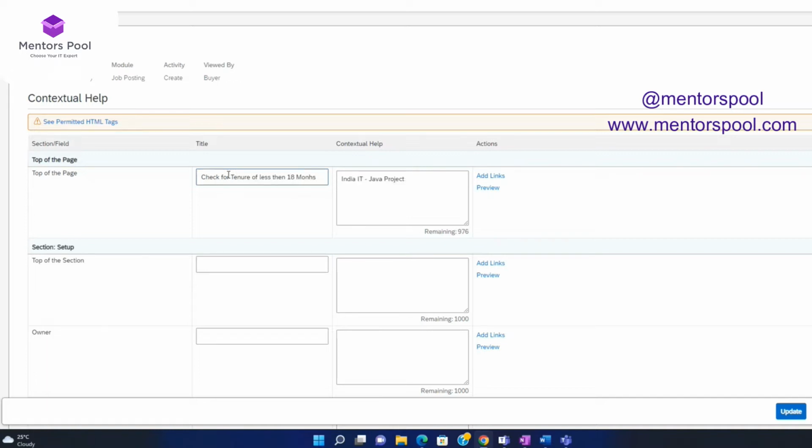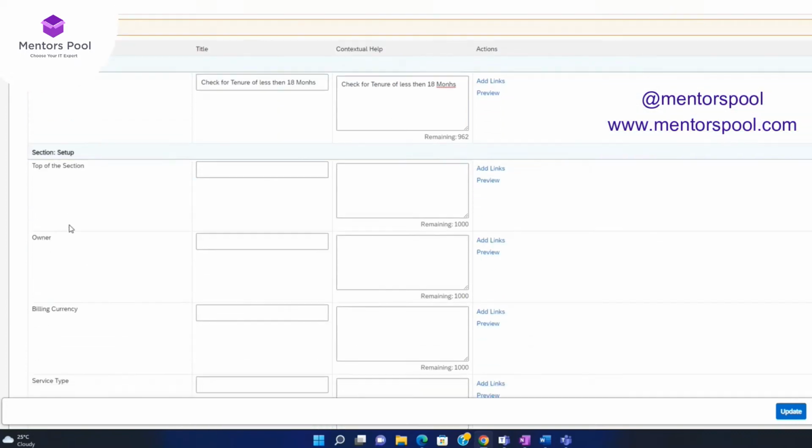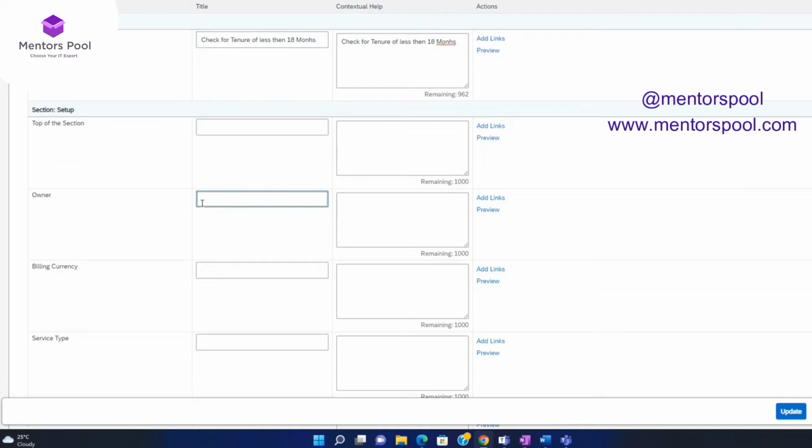Title, I can put in the same as the pop-up. Now I'm selecting on top of the page. I can go down, and at the owner I can select the manager for the new resource. So this is basically nothing else but advising the person what he's to fill in there,